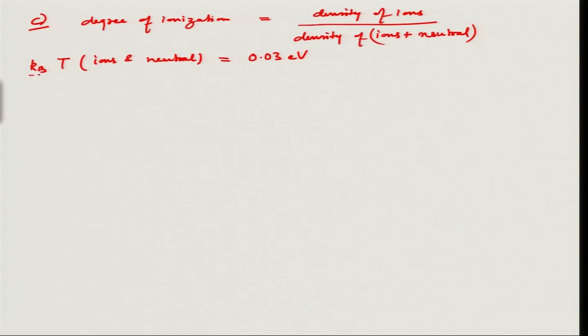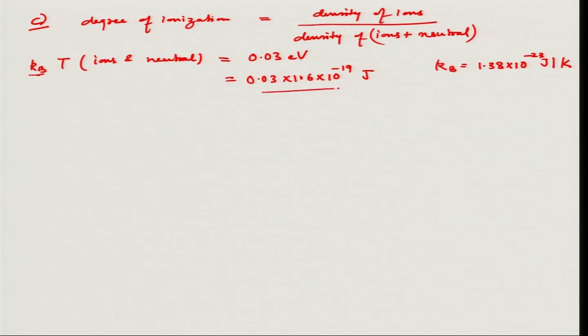The Boltzmann constant is 1.38 times 10 to the power minus 23 joule per Kelvin, and from electron volt we can convert it to joules by multiplying by this. Using the value of kB, we can calculate the temperature of the ions and neutral species,